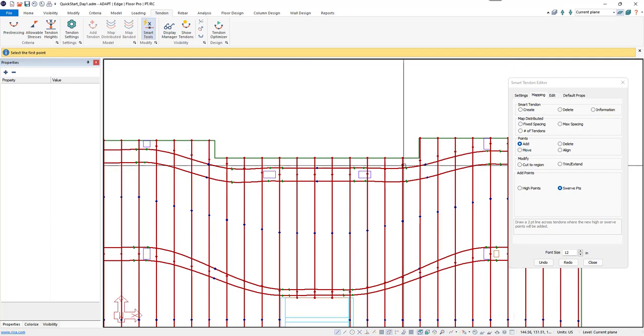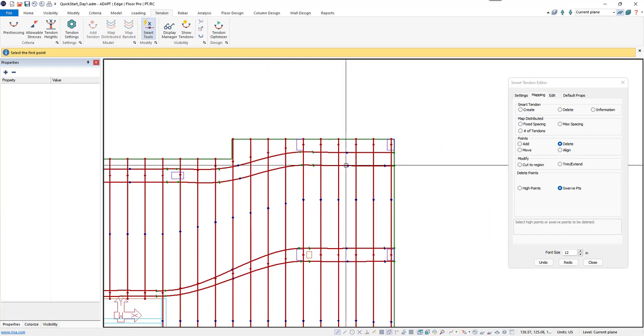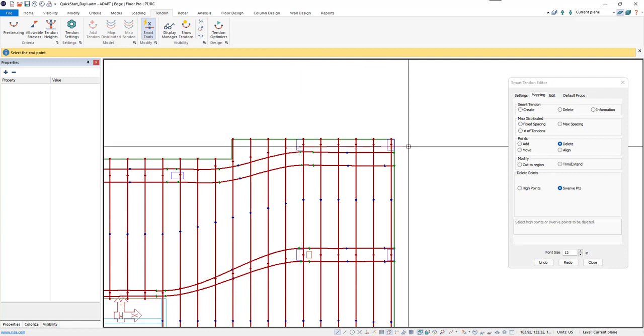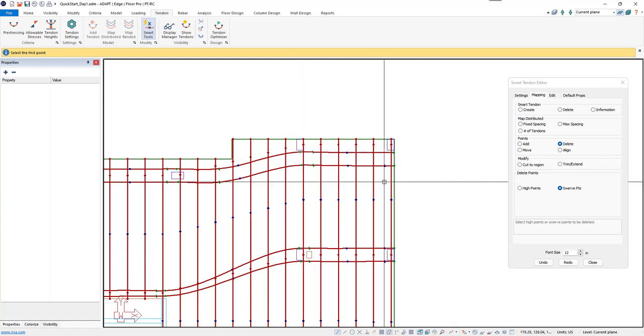So in addition to adding points, we can delete points. In this case, remember we had the short span created in the tendons here, and we don't want that. We want the span to just go from high point here, reverse parabola, all the way to the slab edge here. So I'll go ahead and use my delete point tool and line select close to the points I want to delete. Once we do that,